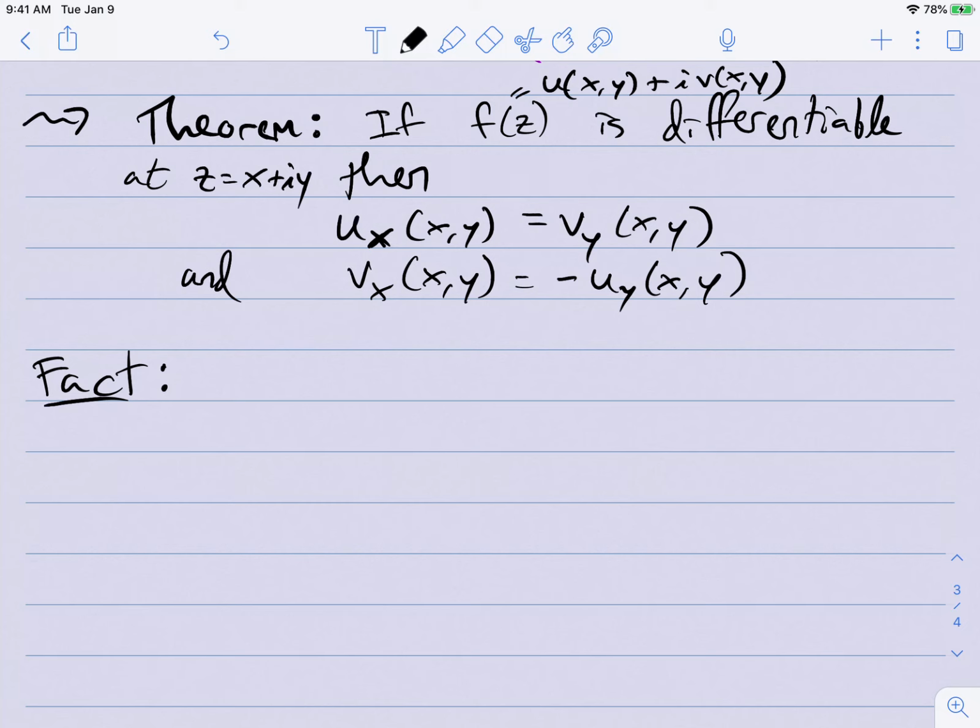Oh, by the way, I should say these are called the Cauchy-Riemann equations. And as you know, partial derivatives are really easy to compute, and so it's pretty easy to check these. So, and then there's another fact which is kind of even more amazing,